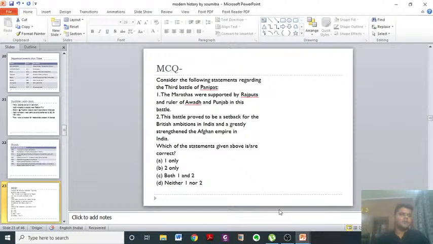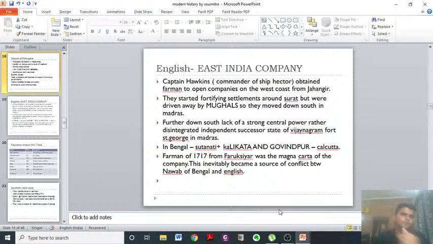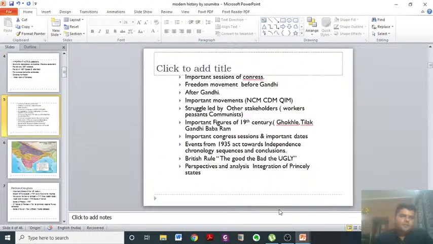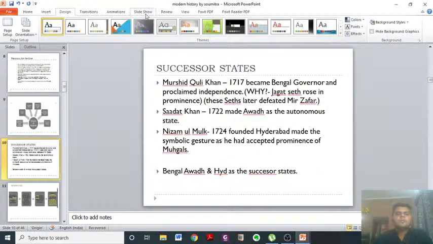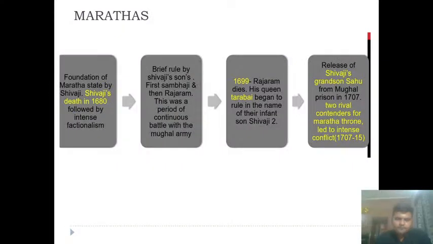Then we'll start. In the previous class, we studied up till the arrival of Europeans, and I told you from the start how the Mughals got decimated, how important acts were made, and then finally how the conquest of the British East India Company started. The part we are going to start today is from the conquest of Bengal. I told you a brief history of what was happening in India when the British arrived at its shore,